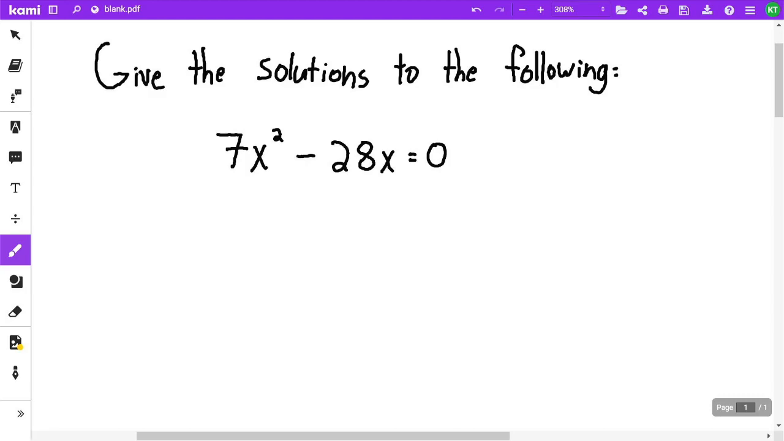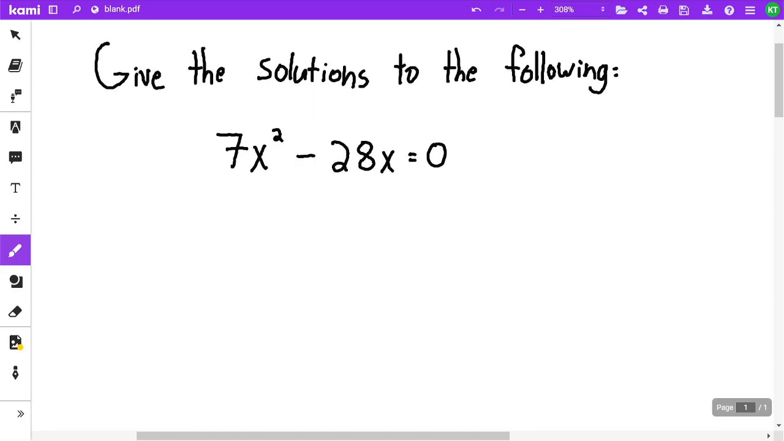So in this question here, we're going to be factoring a quadratic and look for its solutions when we can not only factor out a number, but we can also factor out a variable. So we're going to be factoring 7x squared minus 28x is equal to 0. So it's already set equal to 0, so now let's just look for a greatest common factor that's shared between